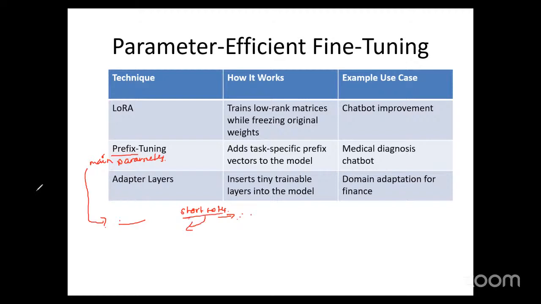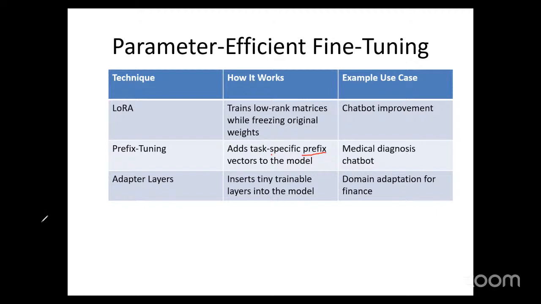Basically, you give a brief of whatever the whole chapter contains. All those details are given in the short notes. That is nothing but your prefix training. So how does it work? Your model will not be changed. In this case also, your model remains unchanged. A small prefix is added